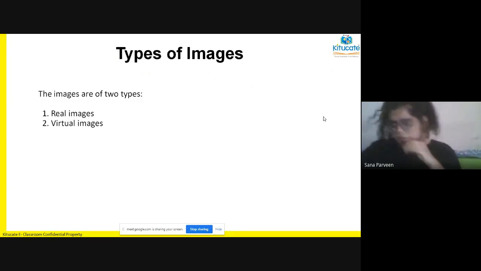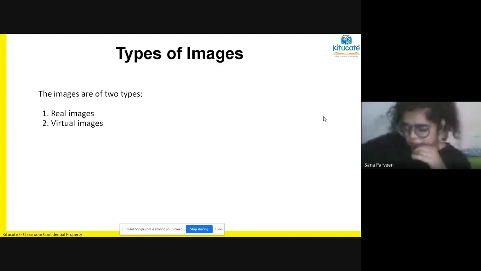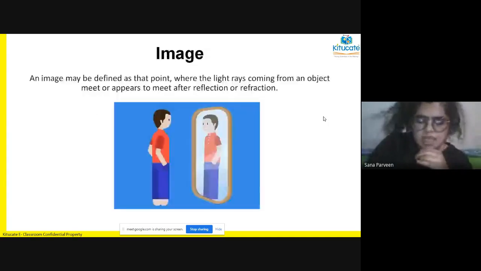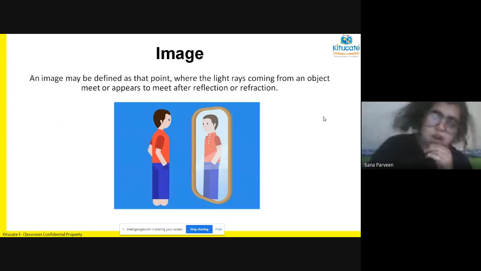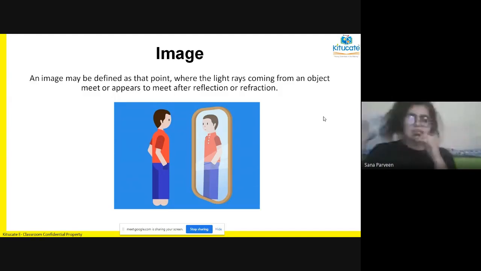When we see the image of the boy in the mirror, then we think that the image is formed behind the mirror. Here you will be able to see the boy is standing in front of the mirror, but the image is appearing as if it is formed behind the mirror. It appears that someone is standing behind the mirror. If a small kid is looking into the mirror, he or she feels as if there is another small kid on the other side of the mirror.